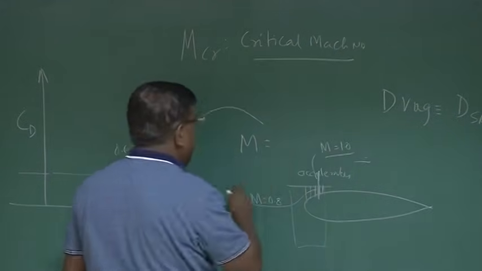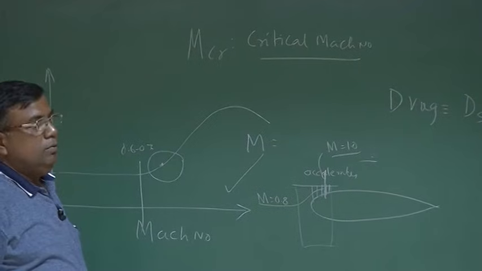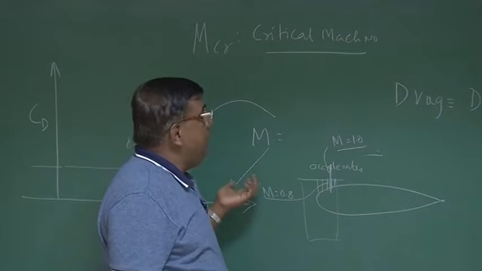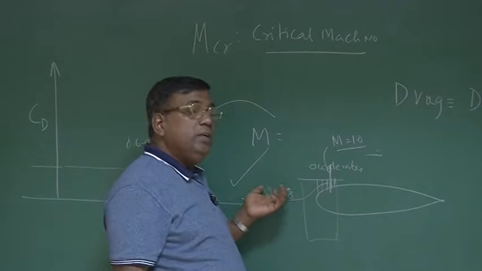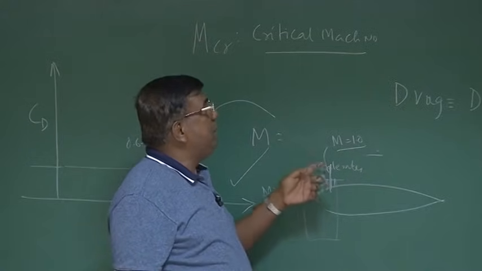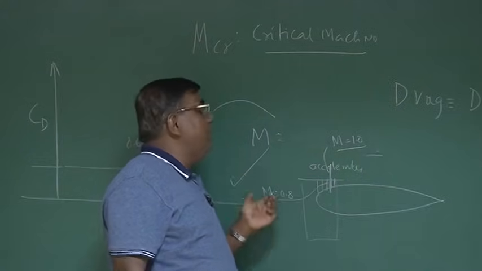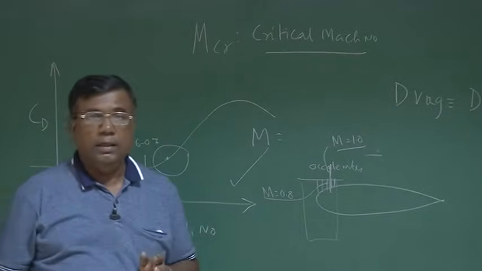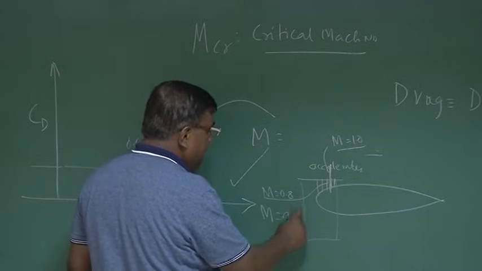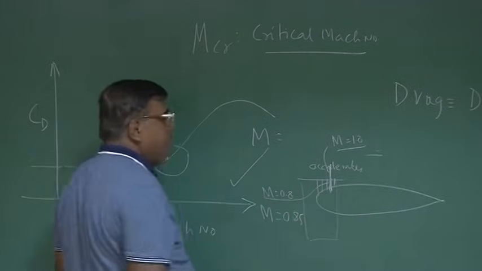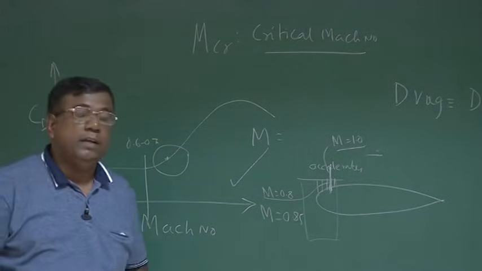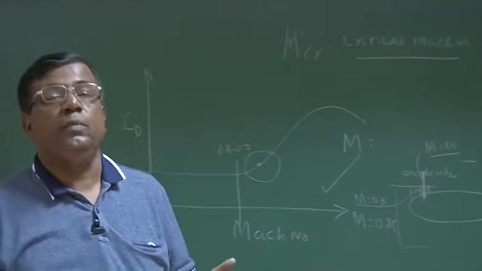It is the free stream Mach number, which is definitely not 1, less than 1. It is that free stream Mach number corresponding to which some point on the aircraft for the first time reaches Mach number 1. So that corresponding Mach number is called the critical Mach number. Okay? It so happens that if free stream is 0.85, you find here Mach has become 1 because flow is accelerating. So we need to ensure that this critical Mach number should be as high as possible.